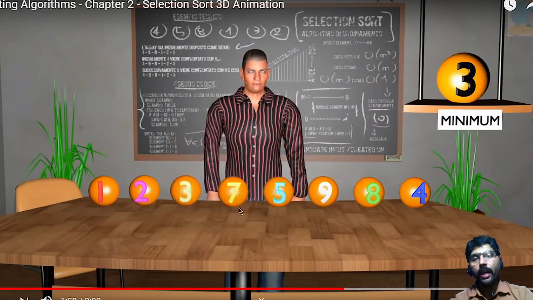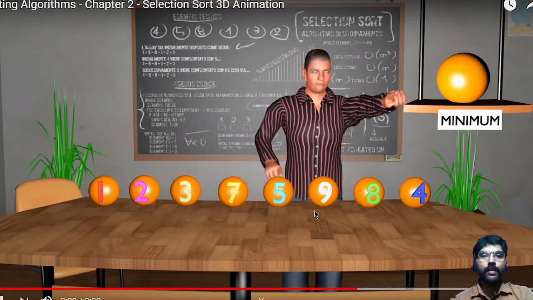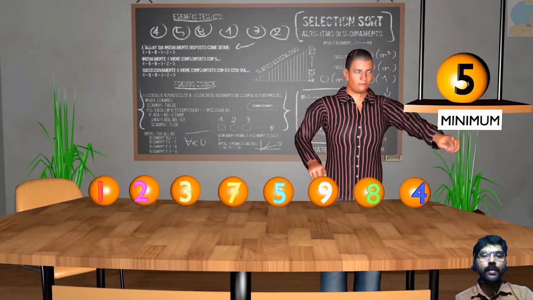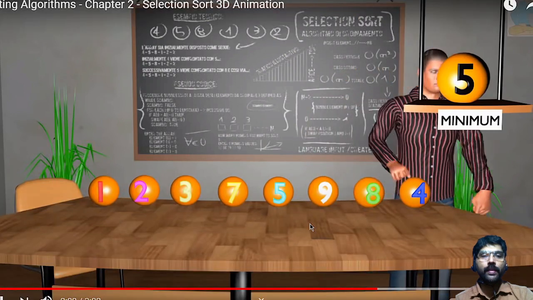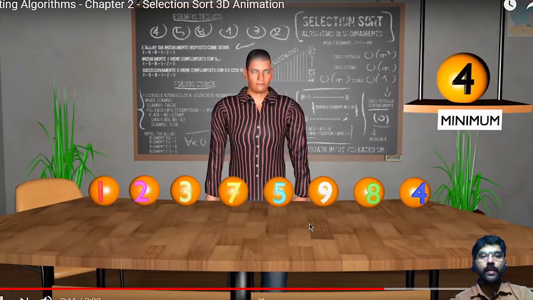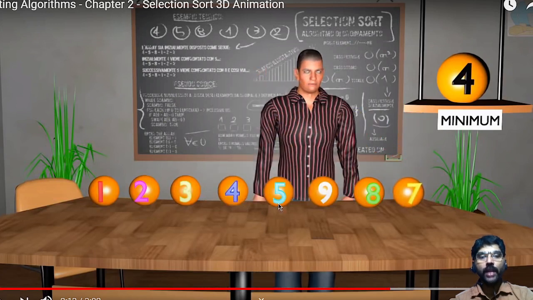Like that, I have to do the same process for all the other elements. Next, I have to start from this one. 7 is the minimum. Compare with the other remaining 4 elements. Now swap the minimum 4 with the 7. Now start from the 5.